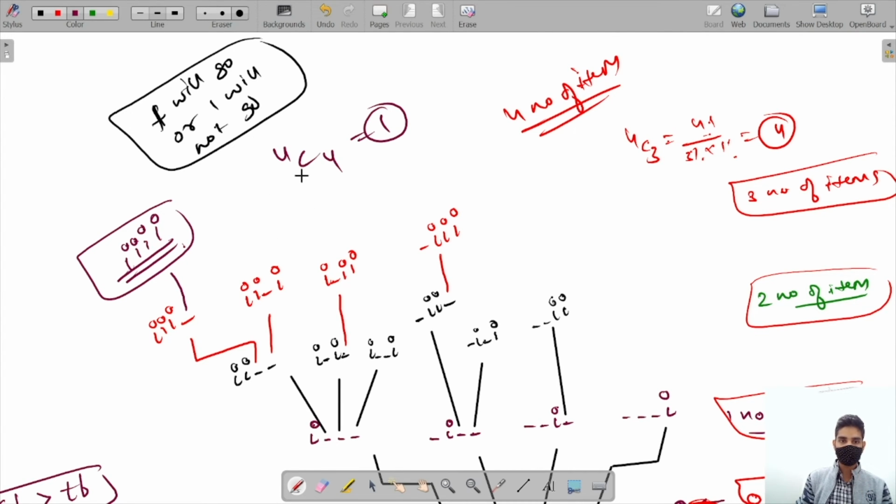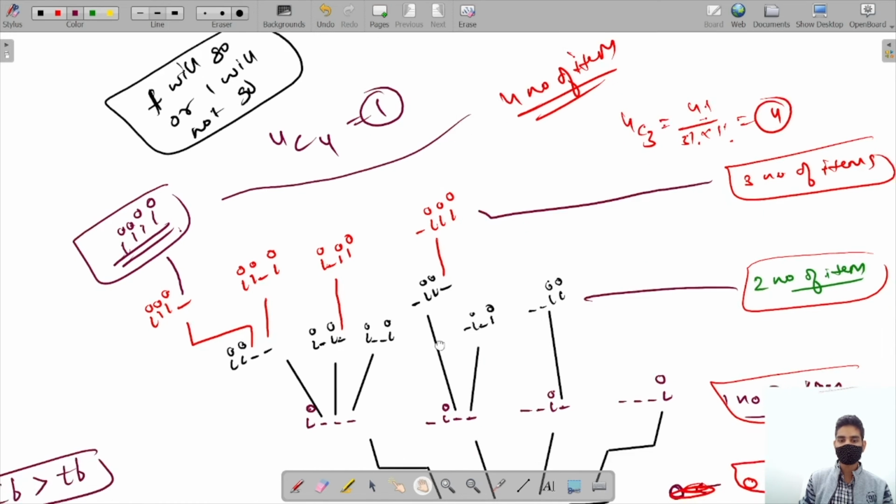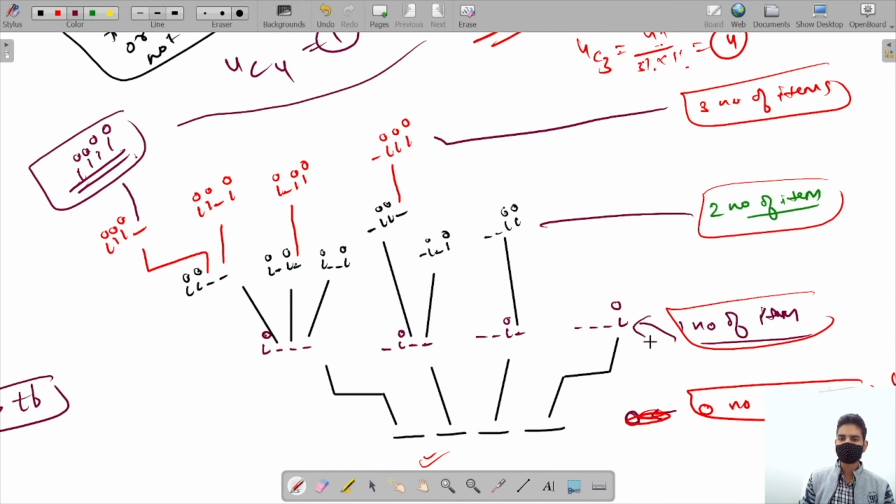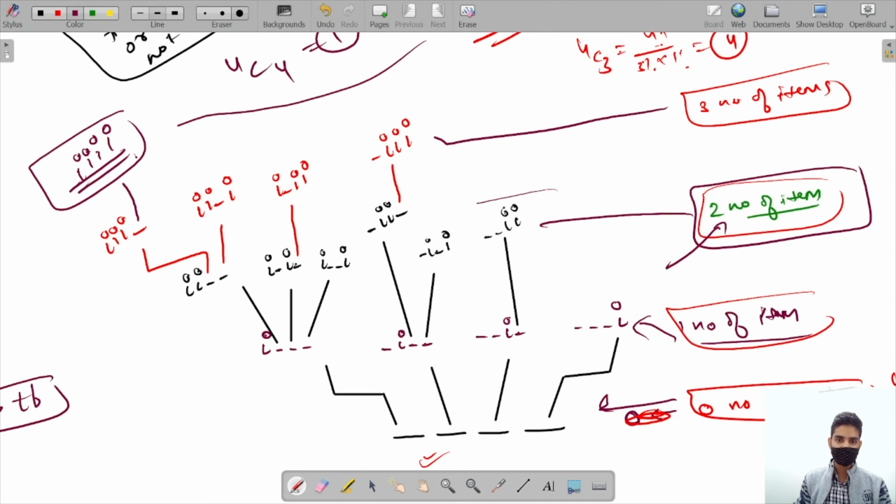So at every step, we are getting our answer, and we have to choose what was the answer. What is the case in which we have to get this item? So basically, we are having 2 items now. So in this case, we will get all of our answers. Understood? So this is how we are going to do this.